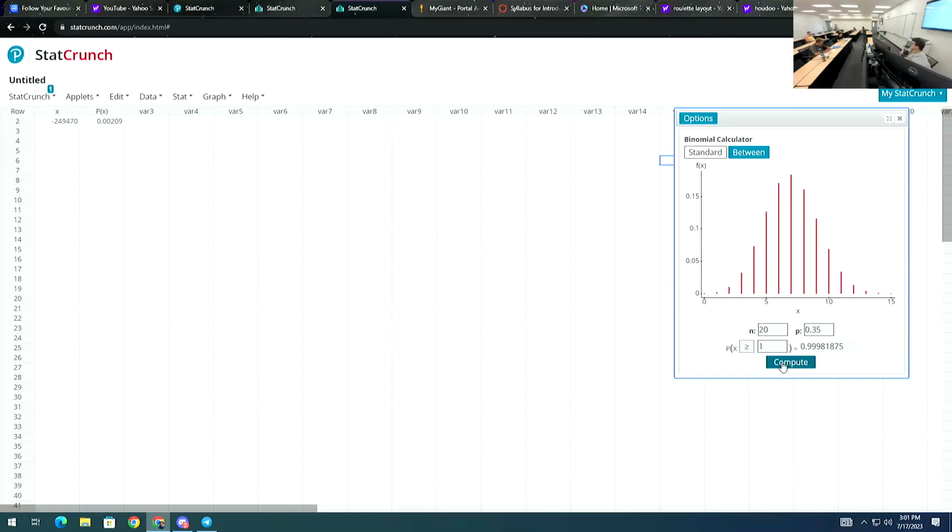Now, something else this binomial calculator has is between. Look at this tab up here, between. If I click between, note that the inequalities are locked in. So we're going to do two examples of it, but note that they have the equal sign in there. This is a locked in thing.